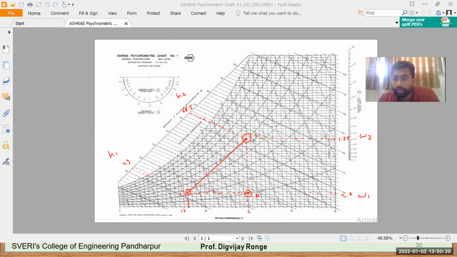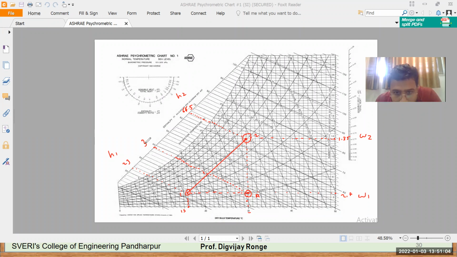So how to calculate its enthalpy? Again, I have to go in inclined direction like this. Follow this inclined lines, draw a parallel line. I know I am not drawing a parallel line, but please understand. This will come to here. And if I extend it somewhere, it will go like this, somewhere here. Okay. So if you draw a perfectly straight line, somewhere it will reach before 40. So here we have 38, 40, between 38 and 40, and just before 39. So this will be 38 or 39. I don't know how much. I'm not able to calculate exactly.